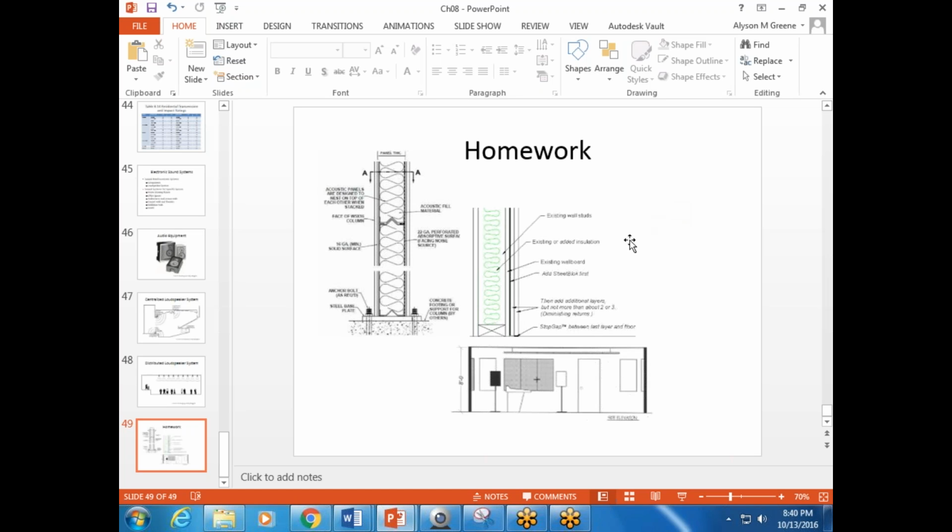And then when I ask you for an elevation, I'm not expecting much. As I've already said, you can tell me the height, you can tell me the width of your room that's in between the meeting area. So just say 8 foot this way, and then this is going to be, let's say, 15 foot this way. And if you're in PowerPoint, you can just add a line and then a number above. It doesn't have to be fancy. I'm not grading you on your drafting abilities for this assignment.